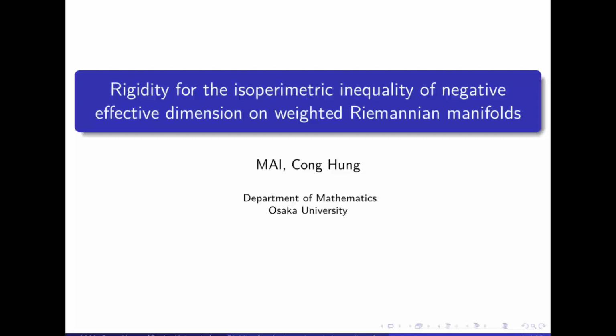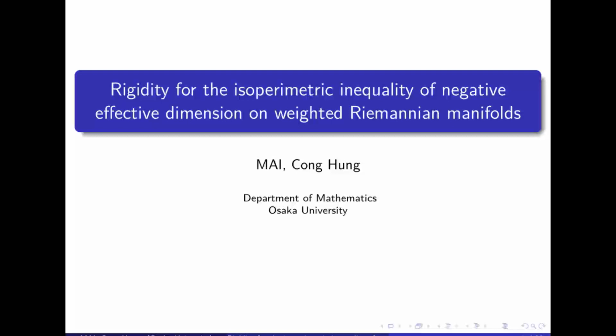But as you know, the isoperimetric inequality is a classical topic in geometry, and it studies the lower bound of the perimeter of sets in terms of their volumes. And in modern geometric analysis, this topic is very interesting because it connects geometry of lower curvature bound with other theories in mathematics. In this talk, I will give a story of isoperimetric inequalities in connection with the L1 optimal transport